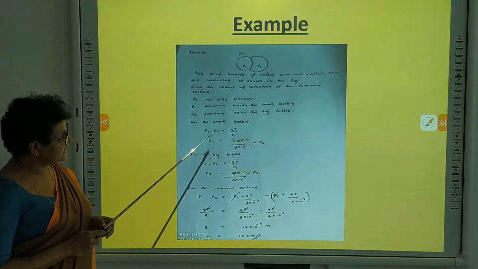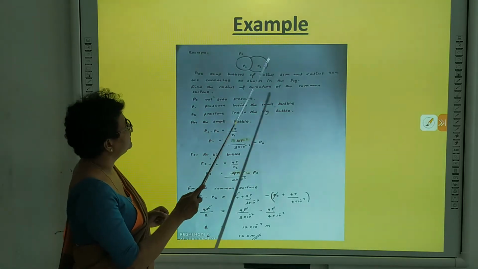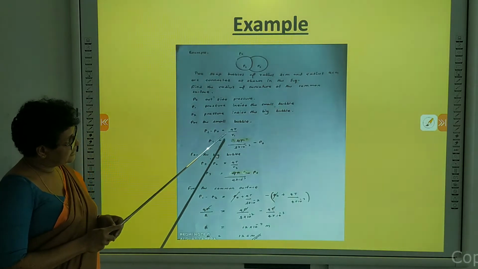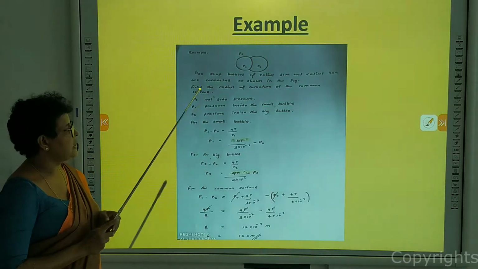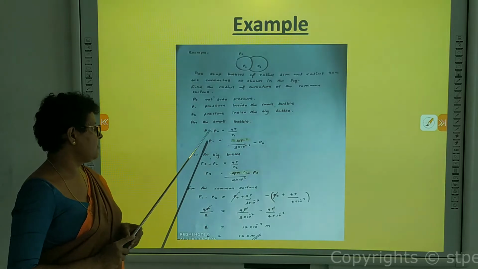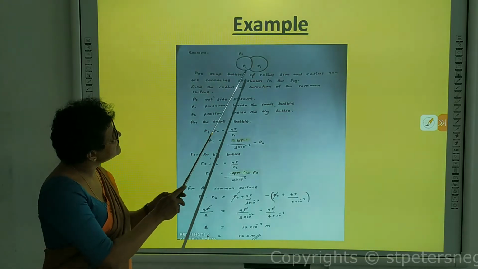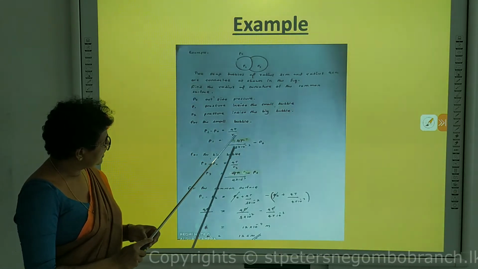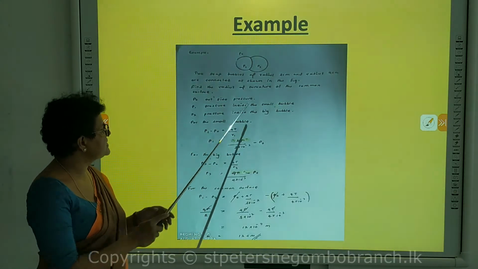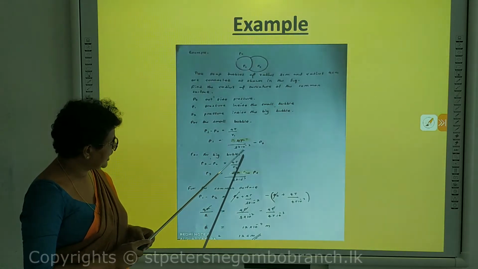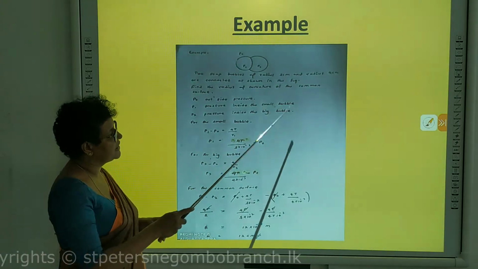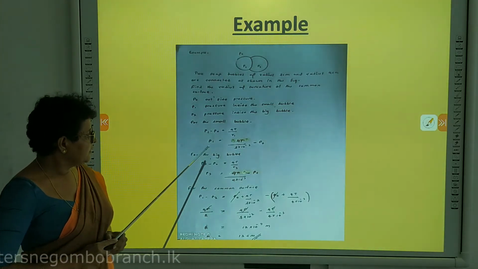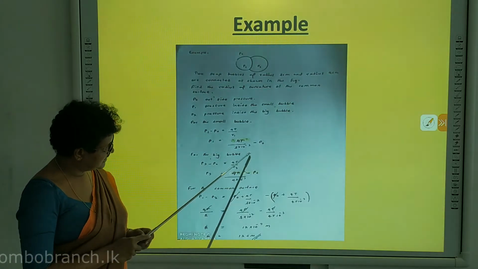So we are using this equation. These are soap bubbles, so you need to take the equation 4T over R. The pressure difference for the small bubble is P1 minus P0 equals 4T divided by R1. R1 is given as 3 into 10 to the power minus 2. It is given in centimeters, so you have to convert it into meters. Now we solve for P1.